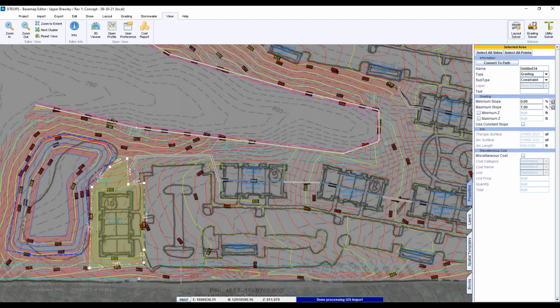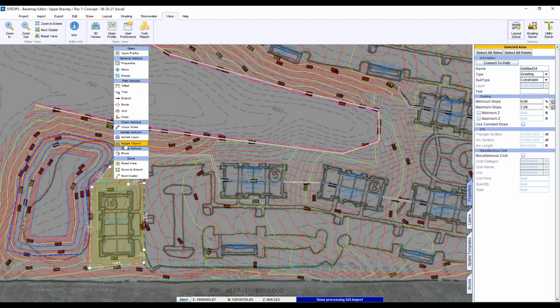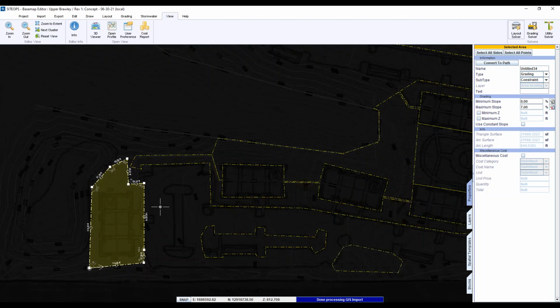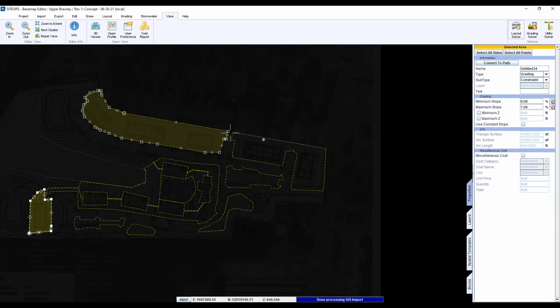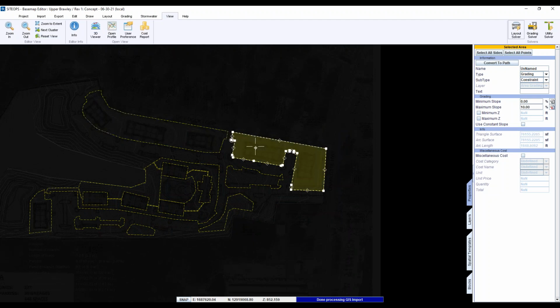And the grading constraints can overrun anything else. They can just run right over your building. And you can't run them over a wall because then you'd create a real problem, because it can't handle crossing a retaining wall, but it can cross anything that you have linked there. And so just to see how many we put in, we'll isolate the layer. And that's the key, is I've got like constraint up here at 10, constraint here at 10.